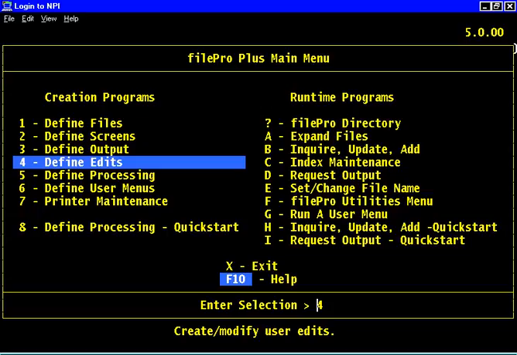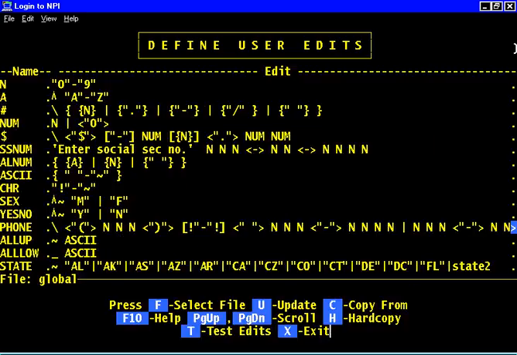Okay, I want to finish up and show you just a little bit more about a complex edit, meaning one that uses another edit within itself to build up more and more complex things. I think it's going to be easier rather than having me design them out of my head at the top, because I mess up edits all the time. It takes me a few minutes to look at them and find out what's wrong. I'd rather just show you ones that I've either written already or that are already written by FilePro,